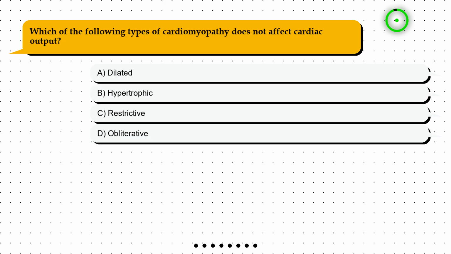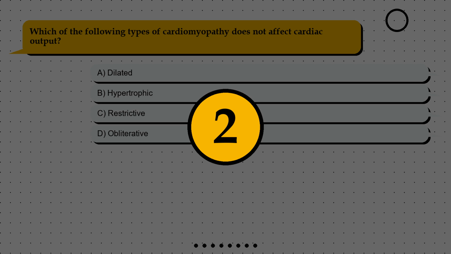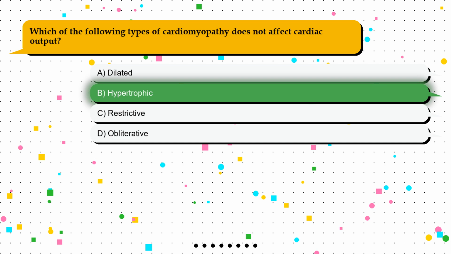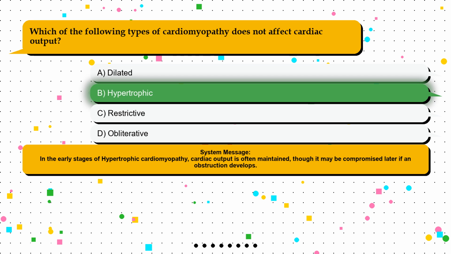Question 1. Which of the following types of cardiomyopathy does not affect cardiac output? Option A, dilated. Option B, hypertrophic. Option C, restrictive. Option D, obliterative. The correct answer is option B, hypertrophic. In the early stages of hypertrophic cardiomyopathy, cardiac output is often maintained, though it may be compromised later if an